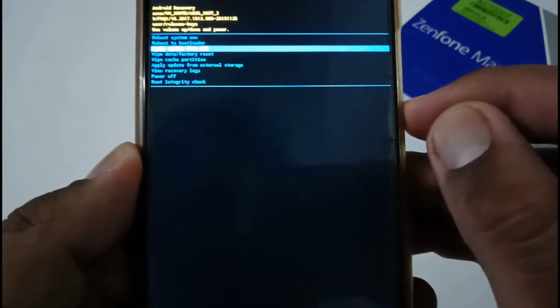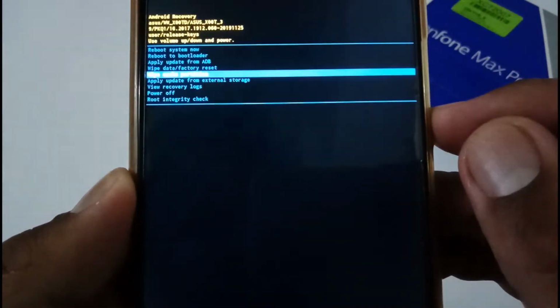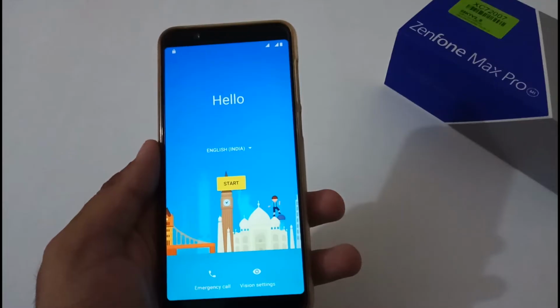Again, for one more thing, you have to now go to the 5th option from the above, that is wipe cache partition. Again select yes and clear it, and now the cache is also completed. Now we are good to go with the reboot system, and after this you will not be facing that particular enter Android password prompt and so on, and afterward we'll successfully move to the phone setup process. So let's wait till the time we move to that screen.